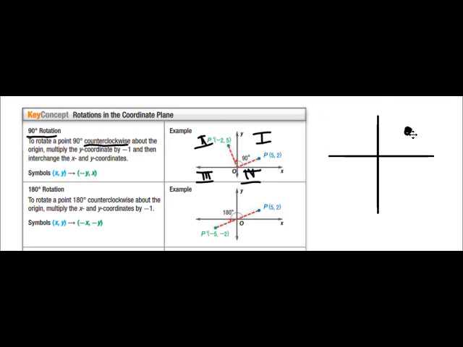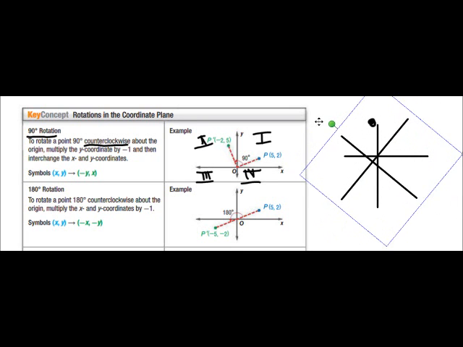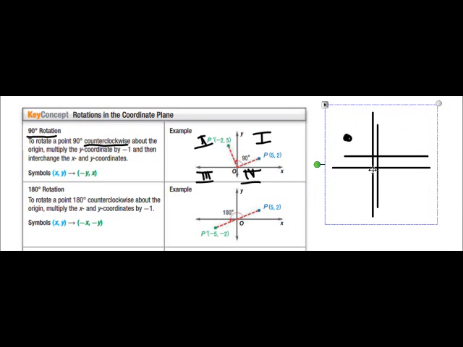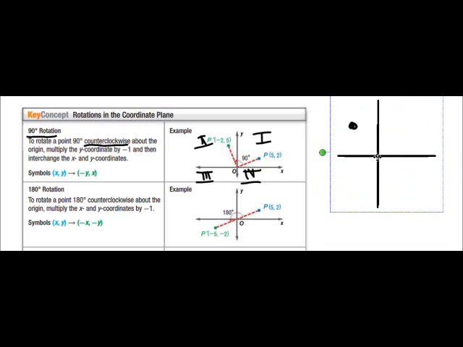So if you're taking a point in the coordinate plane and you rotate it 90 degrees counterclockwise, one thing you can do is trace it on a piece of tracing paper, but make sure you trace the coordinate plane with it so that you can align your origin back to its original. That would be great, you could do that, but you're not going to always be able to do that like on the SOL. So the rule that you'd have to memorize is if a point is rotated 90 degrees counterclockwise,